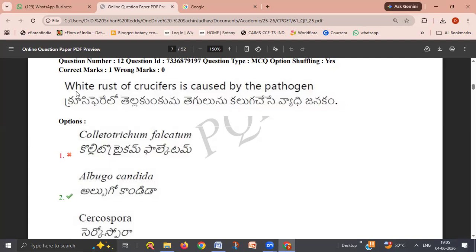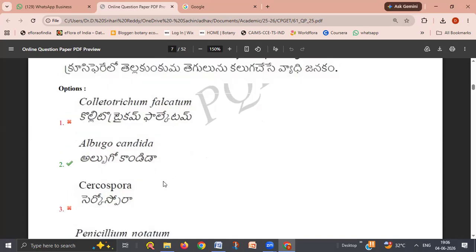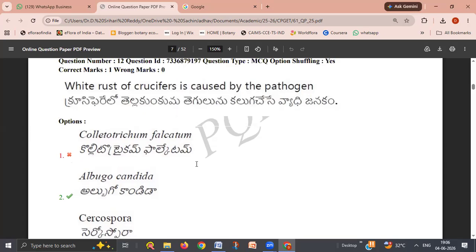So here we see the question: white rust of crucifers is caused by the pathogen. Yesterday also we discussed some questions related to plant pathogens. Here they are asking about the plant pathogen which causes the white rust of crucifers. Crucifers are also called the Brassicaceae family. The options given are Colletotrichum falcatum, Albugo candida, Cercospora, Penicillium notatum. So these are the options given for the pathogen which causes the